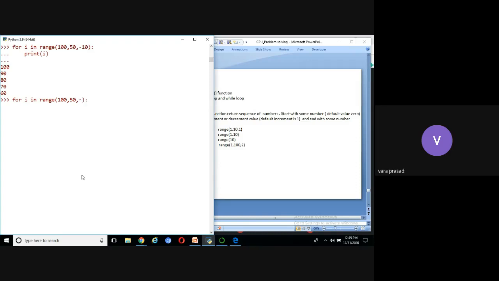Let us take one example. Next number after 99, which is not divisible by 2, which is not divisible by 5. 98, divisible by 2. 97, not divisible. 96, divisible, condition true, because 96 is divisible by 2, not divisible by 5, but still we can display. 95, divisible by 5, not by 2. Then how to display this range? Inside the for loop, we can use an if statement. Okay. Any other technique?